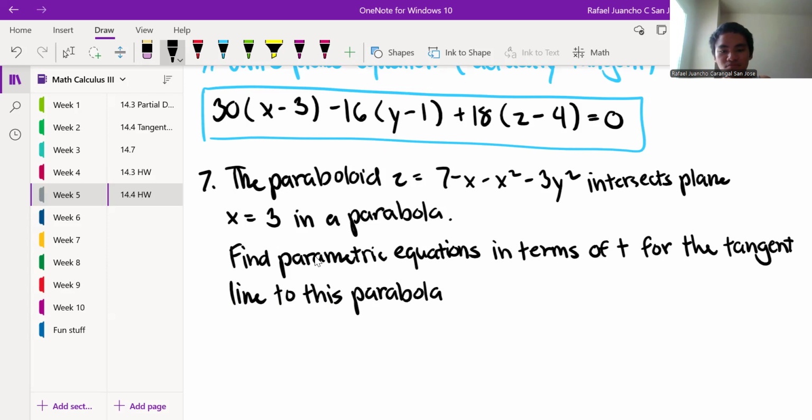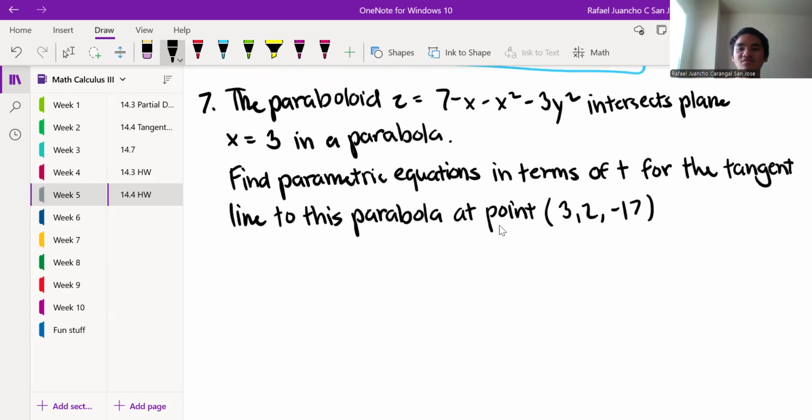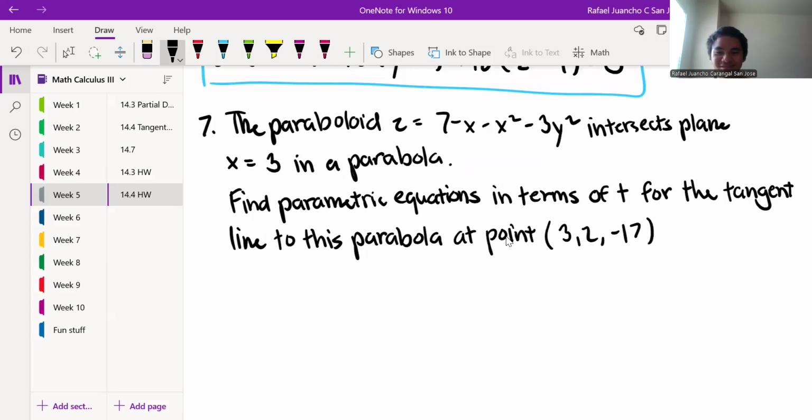Specifically at a particular point. So that's our initial point, right? We just need some sort of direction vector. And that's the tangent line that we're looking for. So we just need to find a direction vector in this case that will model our motion